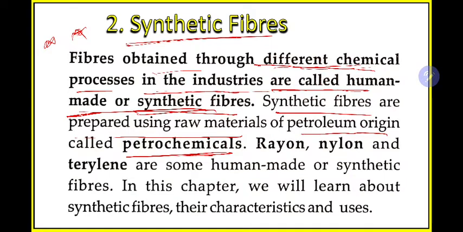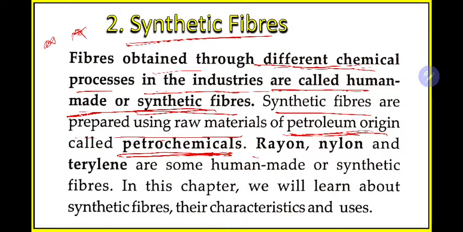Similarly, if I want to make synthetic fibers, then what are the things I will require? These are known as raw material. The first raw material is of petroleum origin. That means we'll get it from some petroleum linked things. It is coming from petroleum. Petroleum, you know, diesel, petrol. These are natural gas, petroleum. These are all of natural origin, petroleum origin. So this is also a petroleum origin, and it is known as petrochemicals. This is petroleum in addition with chemicals, petrochemicals.